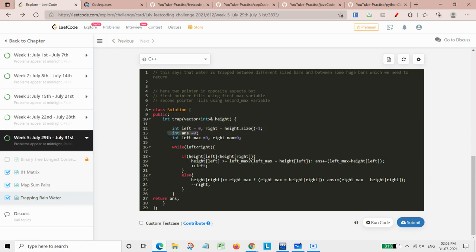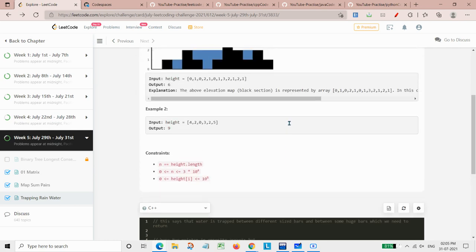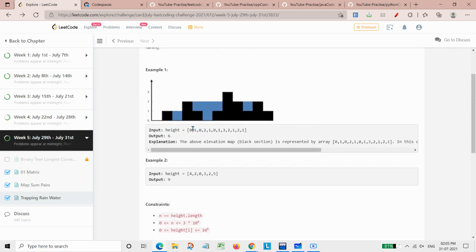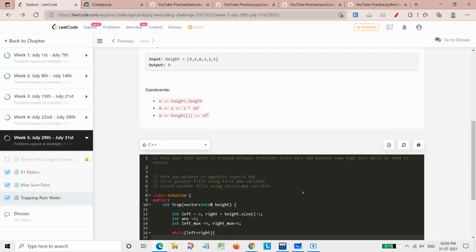Then we need to have an answer variable which will be returned, because the return type of the function is int. And then we have left max and right max which will be starting from 0 only, because there could be a case where left max will be 0, like here, and here our right max would have been 0. So that's why we are simply starting from 0 only.